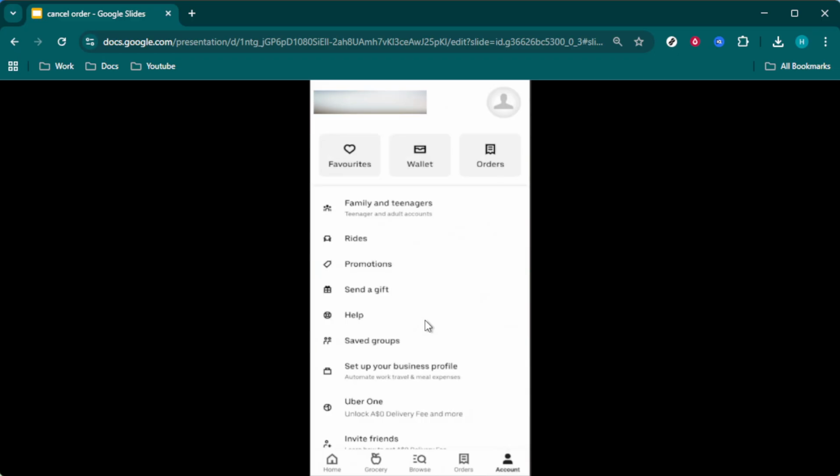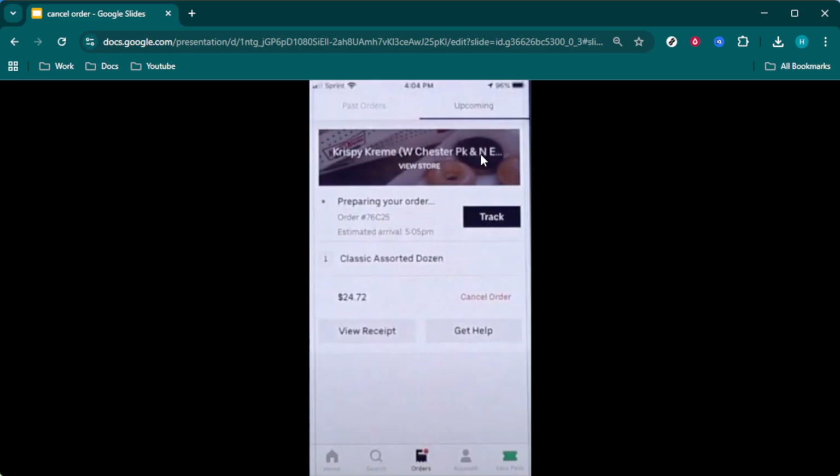Tap on it to reveal more details. You will be able to see essential information regarding the restaurant, the items you have ordered, delivery status, and more. This will help ensure you are canceling the correct order, especially if you've placed multiple orders or frequently used the app. Once you've confirmed that you are looking at the correct order, pay attention to the option that says Cancel